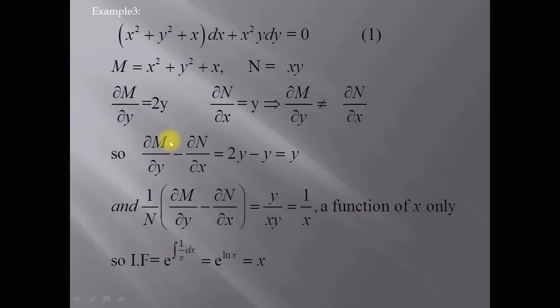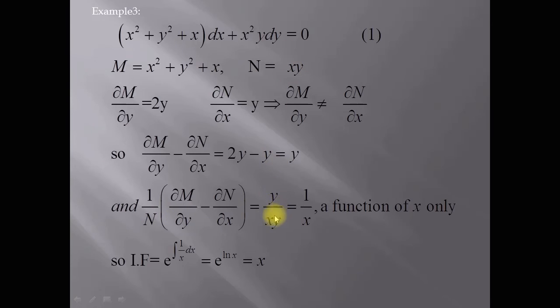In case number 1 we have discussed in the previous slide that first of all we subtract partial N by partial x from the partial M by partial y result. This is the result of partial M by partial y, and this is the result of partial N by partial x, so the difference is equal to y. Now divide this result by the N function. So y divided by the N function, x squared y, is equal to